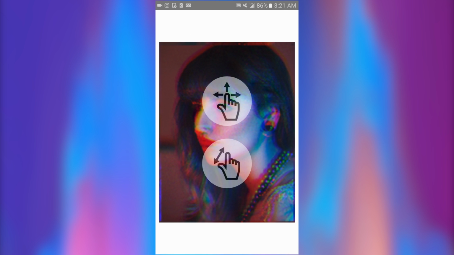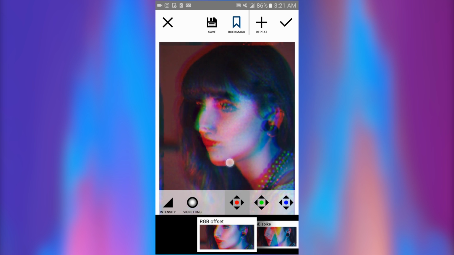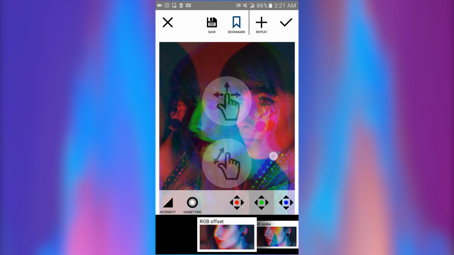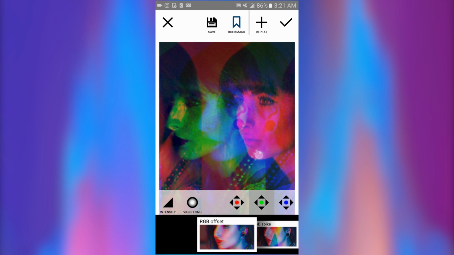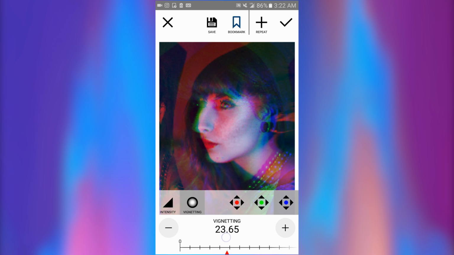If you click on glitch, there's RGB offset and RGB spike, which are two cool ones. RGB offset is similar to the ghosting and the 3D effect in the other glitch app, but this one you can drag a little bit and you have a little more control over each channel. So that's like red. I'm going to put green that way, and then blue I'll just leave in the middle. There's also this vignetting option that you can play around with a little bit